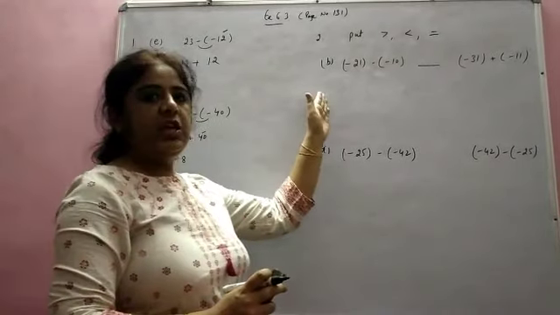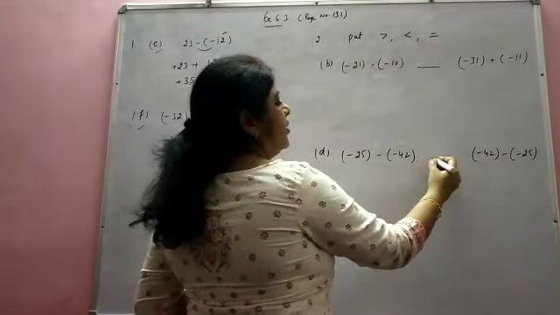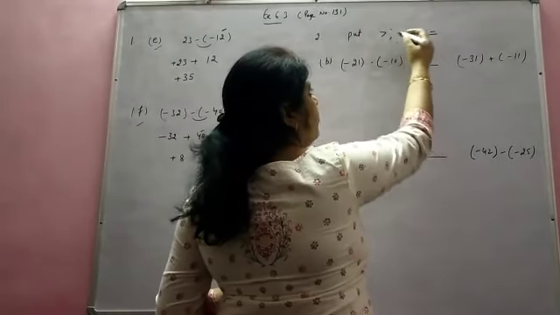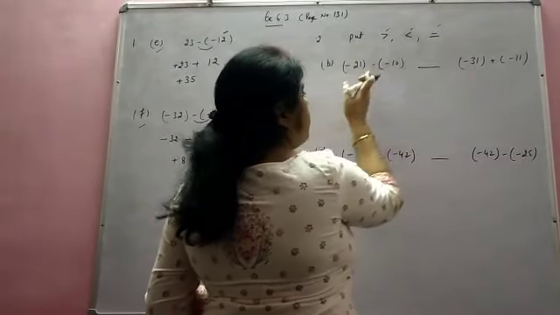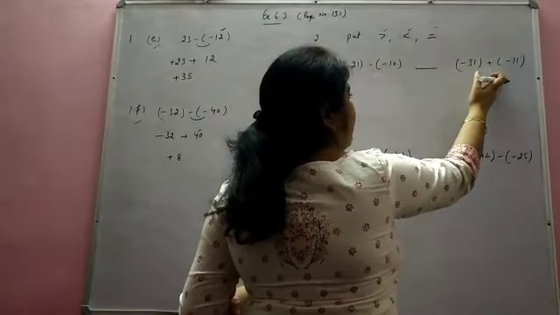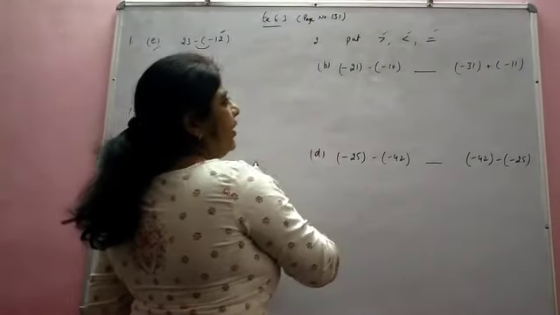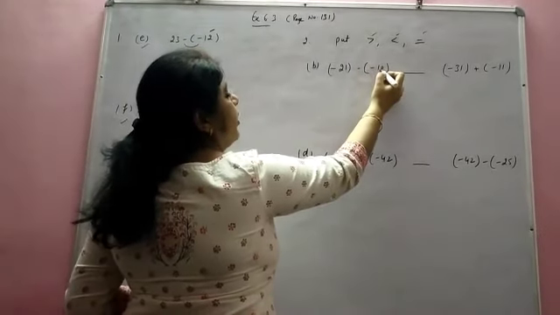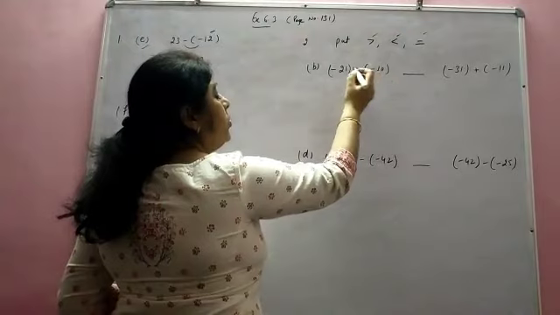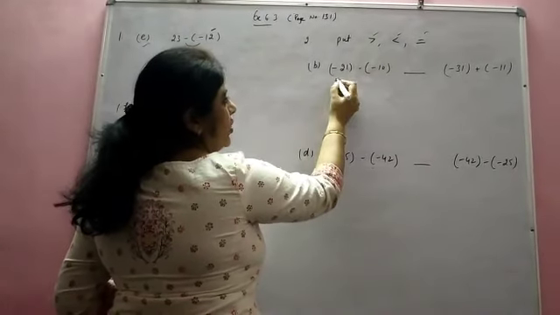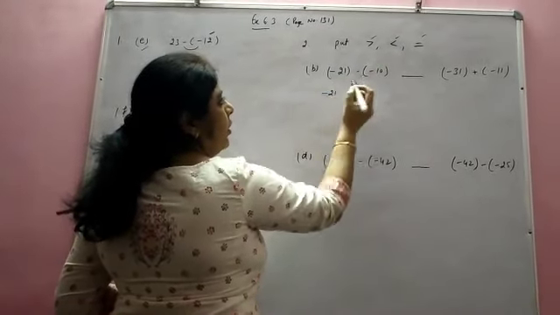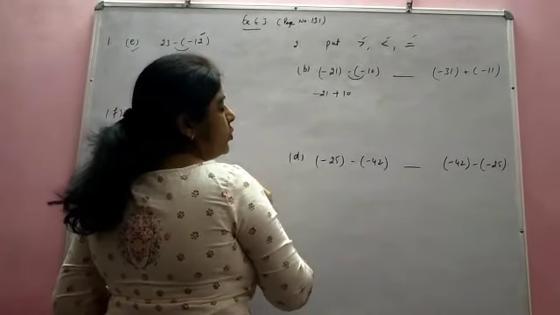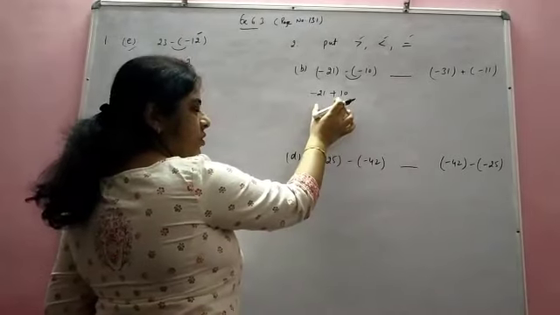Now we come to the second question. We have this blank between the first expression and the second expression. We have to fill it with these signs. So we will solve this and this separately, and then we will compare them. See, there is a single number in this bracket and in this bracket. So we will open the bracket to solve it. This is as it is. Minus minus becomes plus. Now we have opened the bracket, we will solve it.